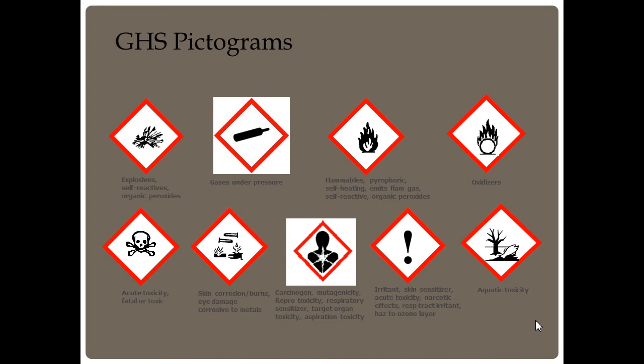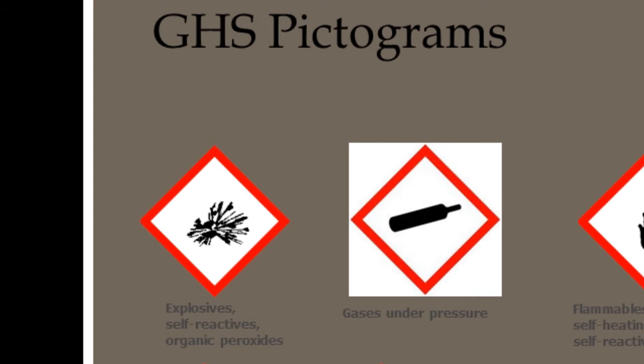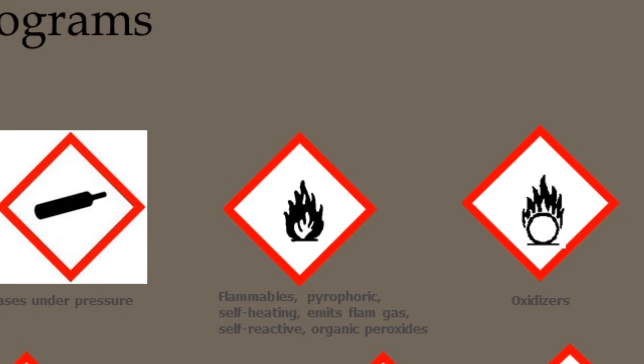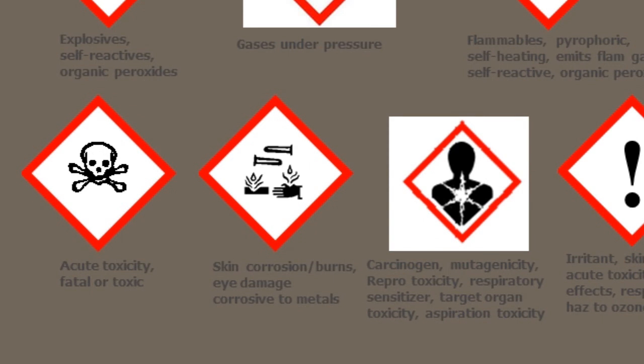Here are your new pictograms. You see them left to right: an explosion, your gas under pressure, where it kind of looks like a paddle, but it's a gas cylinder on its side. You have your flammables and your oxidizers, which both have pictures of a flame, but the difference is your oxidizer has an O, which is the O for oxygen, the O with a line underneath it. That's your oxidizer. Your acute toxicity on the bottom left, your corrosive to skin or may burn skin, eye damage,